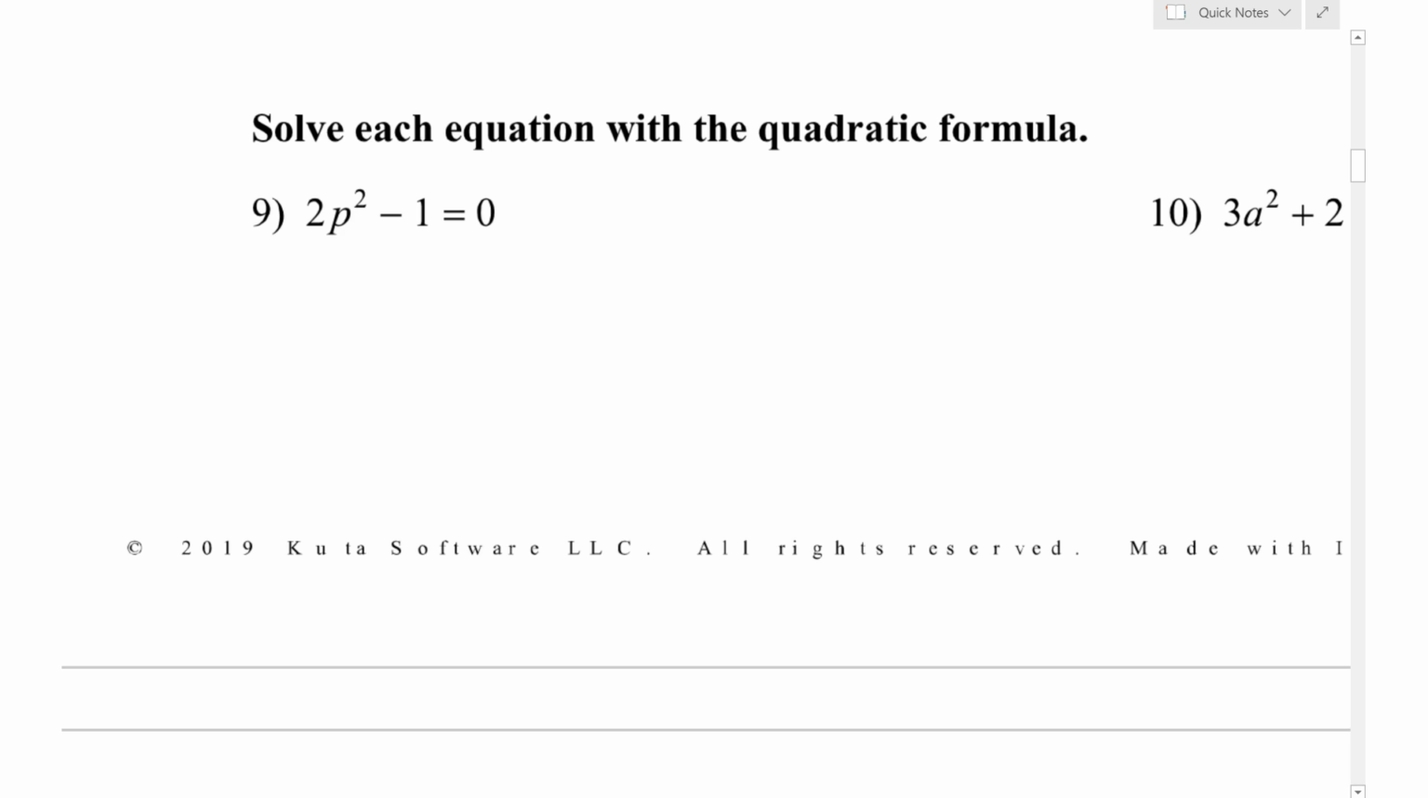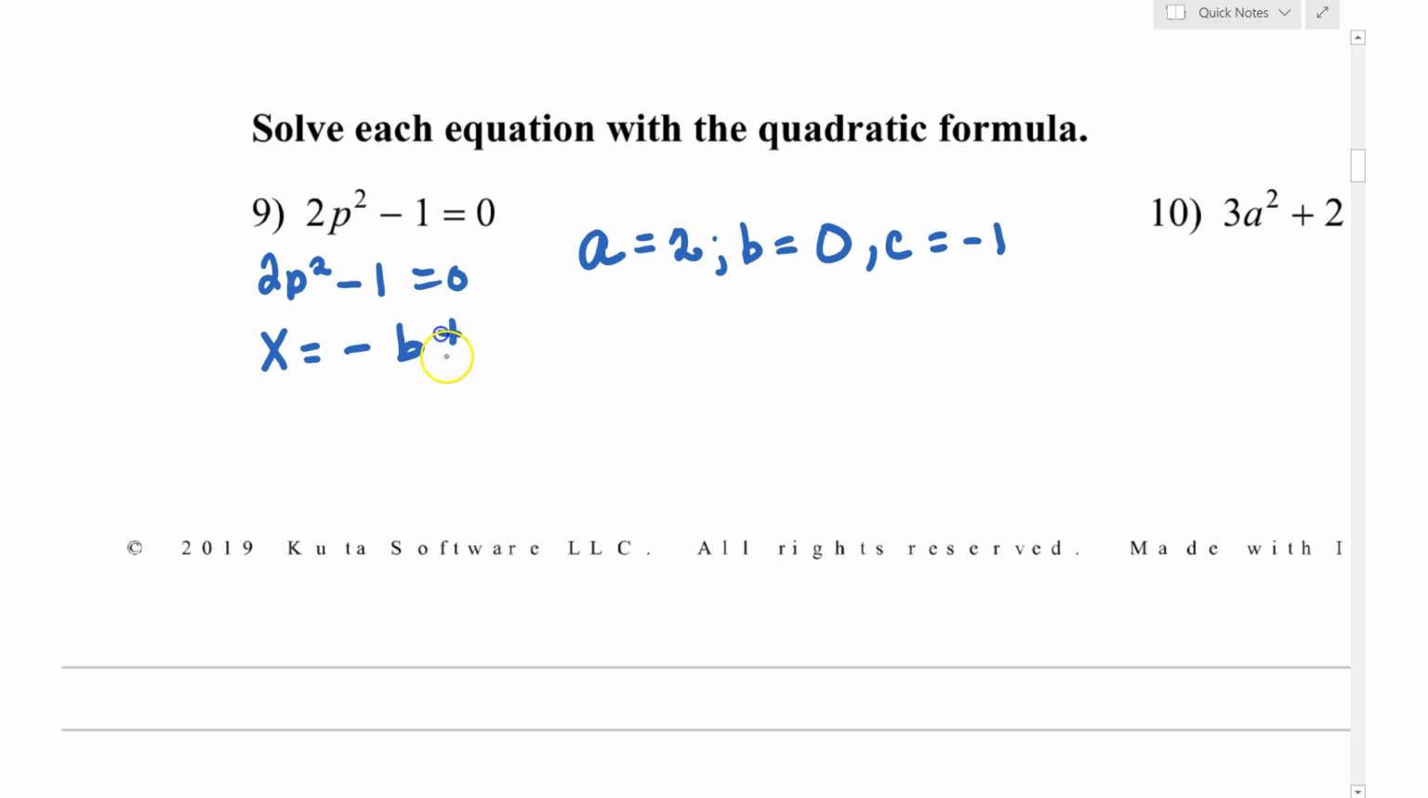We're going to use the quadratic formula to solve these equations. Before we start, we have 2p squared minus 1 equals 0. You have to identify the a coefficient. In this case, it's 2. You have to identify the b coefficient. In this case, it's 0. And then the c coefficient is negative 1. So our formula is negative b plus or minus square root b squared minus 2 times a divided by